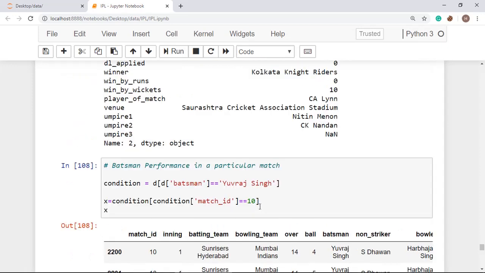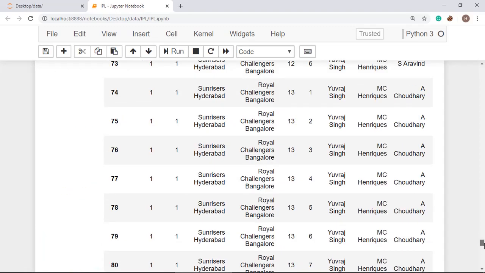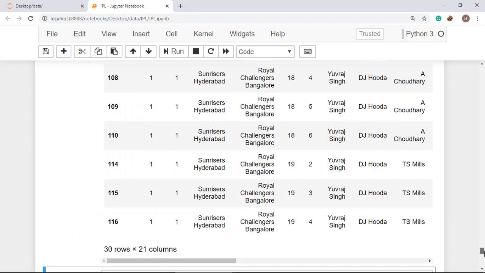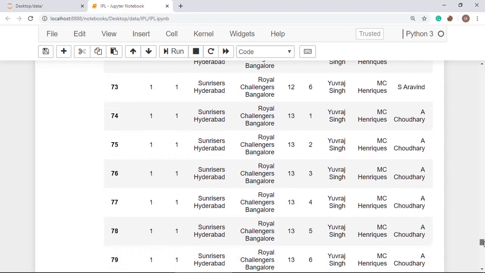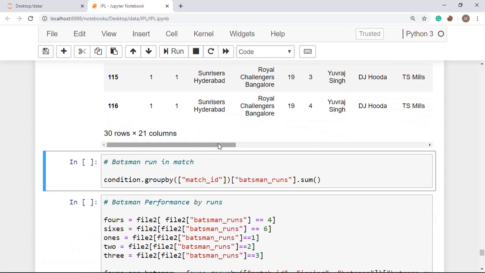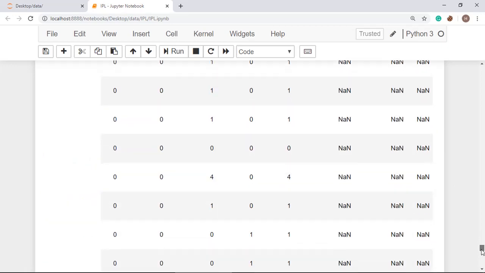You can also change it to 1 and you will get the details of Yuvraj Singh in match ID 1. Here Yuvraj Singh has played a total of 30 balls, and this is the whole details about that match.